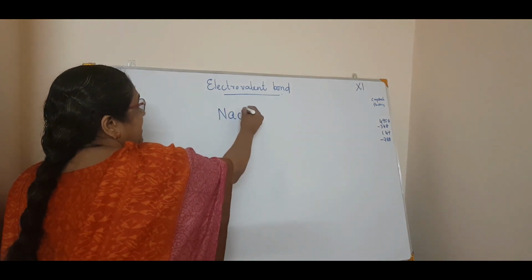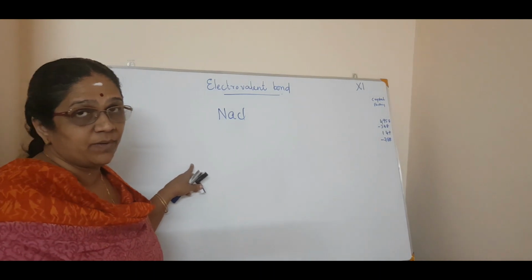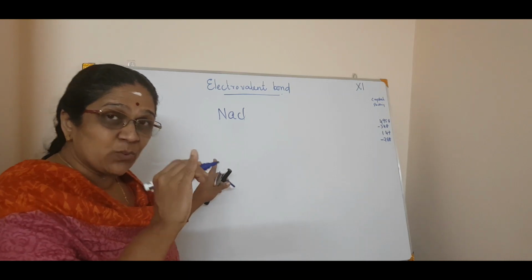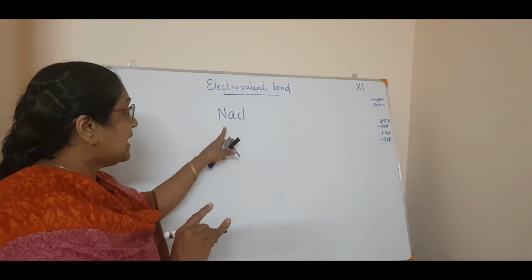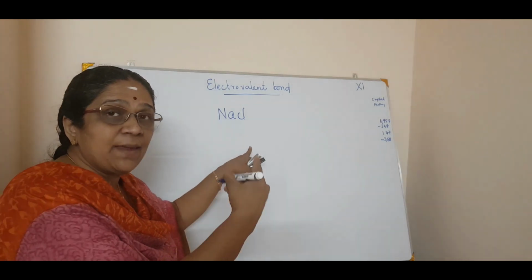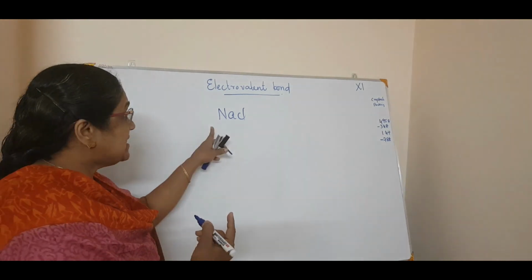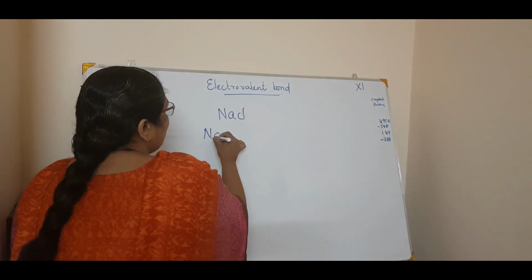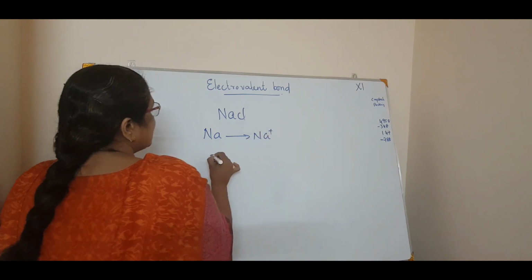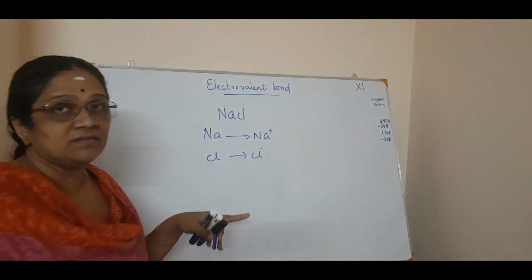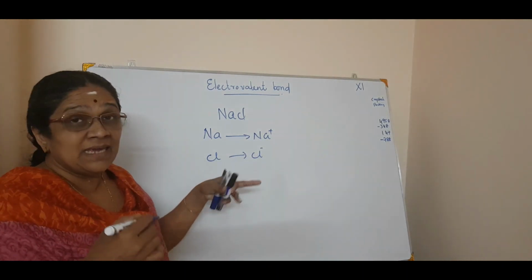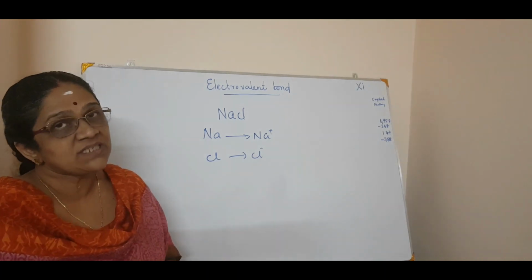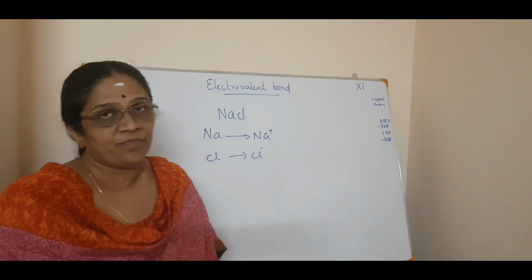You know it is an ionic compound. Now, in the case of sodium chloride, the formation of an electrovalent bond depends mainly on the easiness by which sodium forms Na+, and also the easiness by which Cl forms Cl-, isn't it? So we know that Na converts to Na+ and Cl converts to Cl-. The easier it is to form an anion or a cation, the easier the ionic compound or the electrovalent bond is formed. That is the first thing.